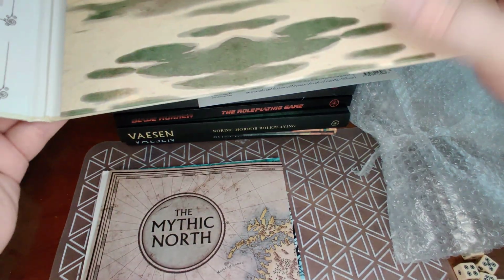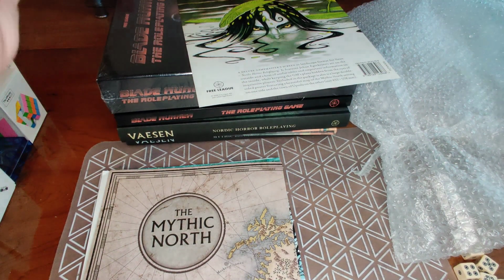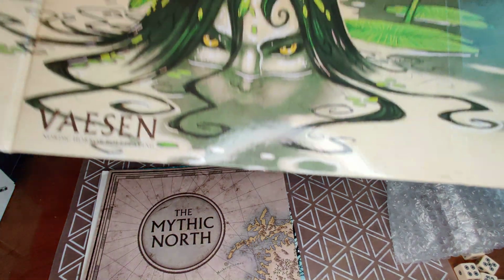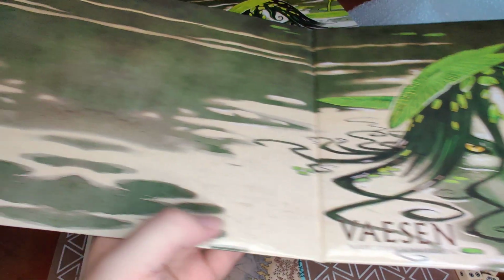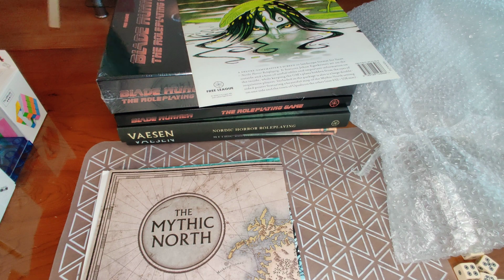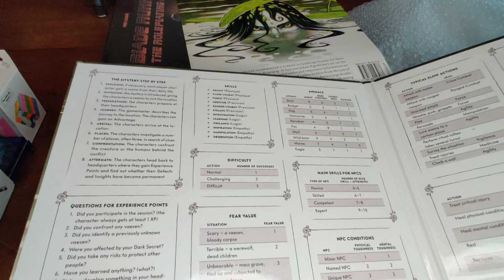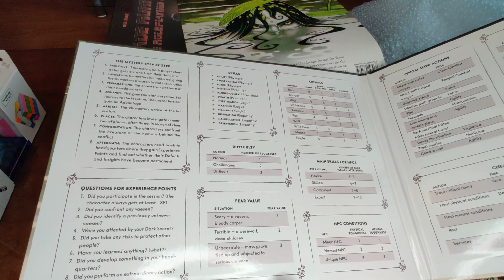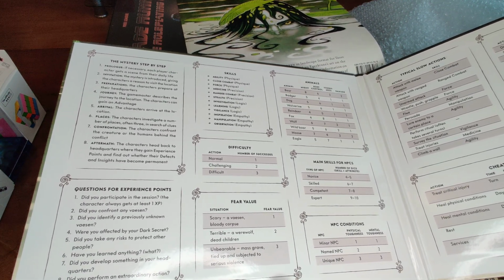Now, as for the Game Master screen itself, first we'll look at the artwork side. So we've got this kind of iconic, creepy water creature on the player-facing side, which really sets an interesting atmosphere. On the flip side, we have the basic tables needed for the GM. So, running a mystery step-by-step, questions for experience points,